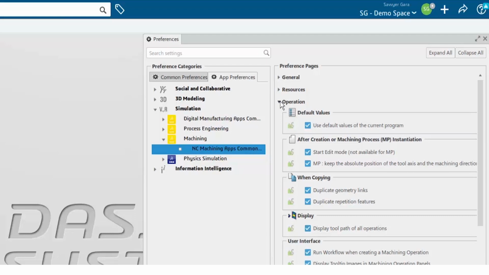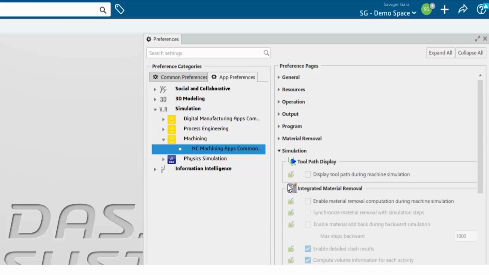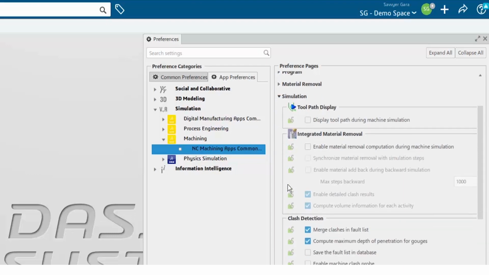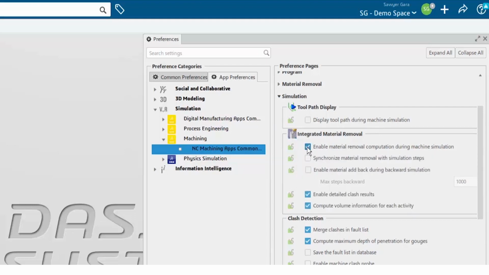I'll go ahead and close my Operations tab and go all the way down to Simulation. In my Simulation tab, under Integrated Material Removal, we'll enable the material removal computation while we're running a machine simulation. This is just going to allow us more control over the steps taken in our simulation to get to our